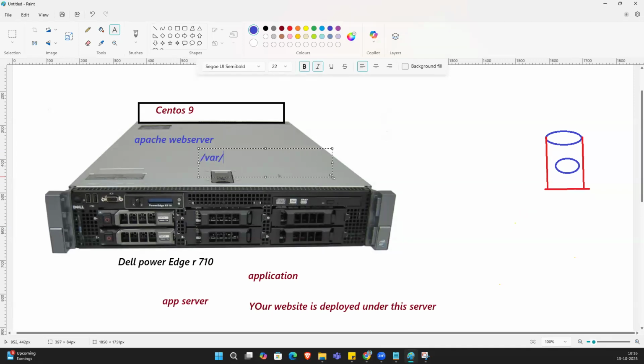Where did you deploy it? Under /var/www/html. This is the path. When you install the Apache web server, a default path is created. Under this, you can deploy your website. And once you deploy it, right,